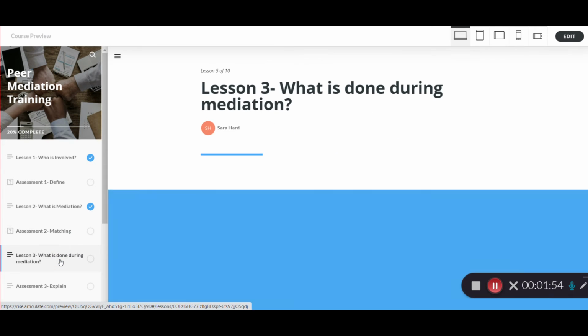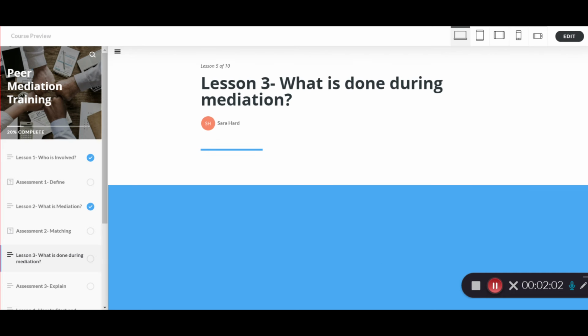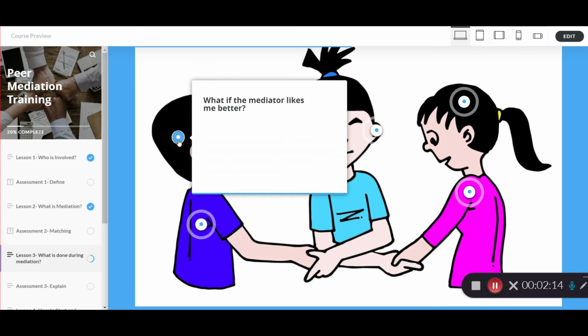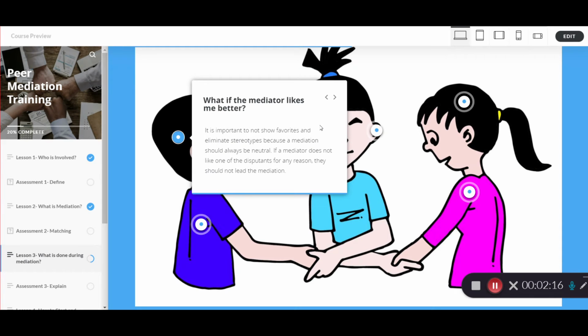Lesson 3 is titled What is Done During a Mediation. This lesson has 6 clickable points over an illustration of a mediation, the illustration being provided by RISE. These points all describe different parts of a mediator's job that are imperative to a successful mediation session. The learners can click on arrows after selecting one icon to navigate through the information that will teach learners about